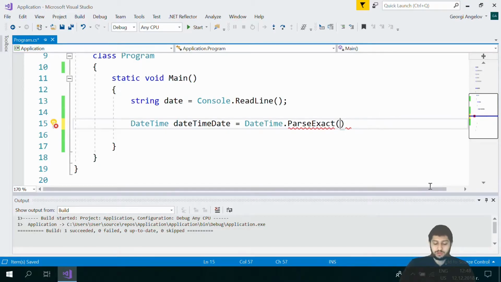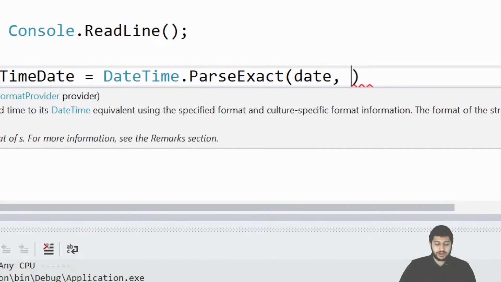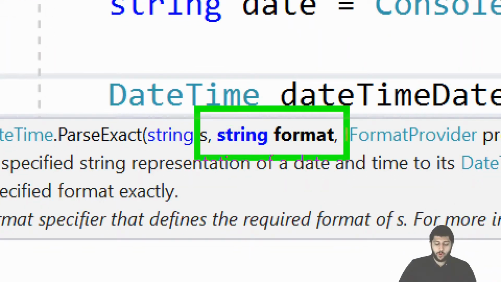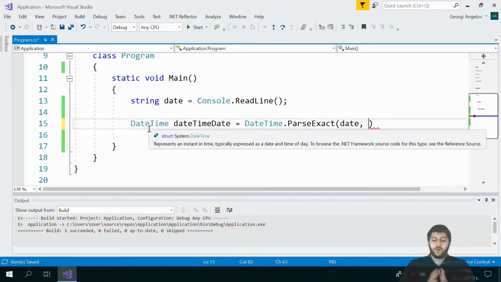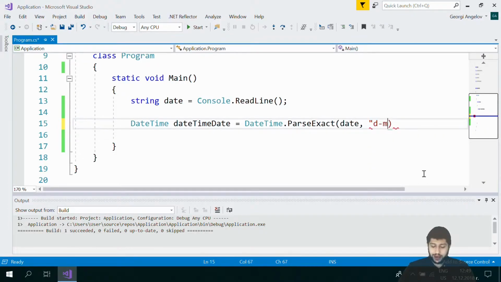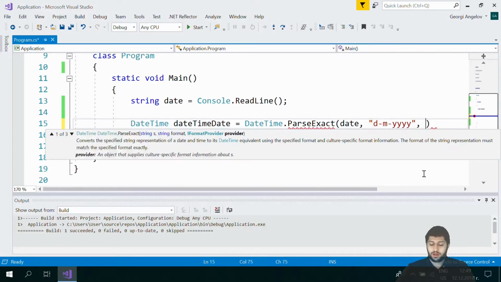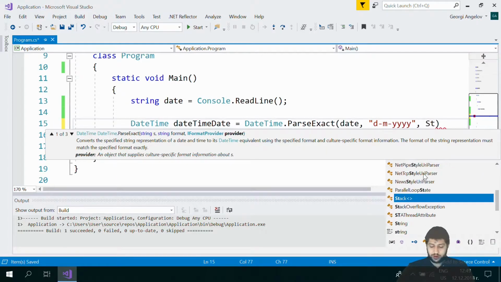And first of all, we need to pass the date, and we need to pass something called a format. So what is this format? Well, this is the format of the date string that we'll get. And if for some reason someone passes an incorrect format on the console, the program will cease running and we'll get an error. So our exact date is going to be day, month, and 4 characters for year, and we need to specify something here called a string,